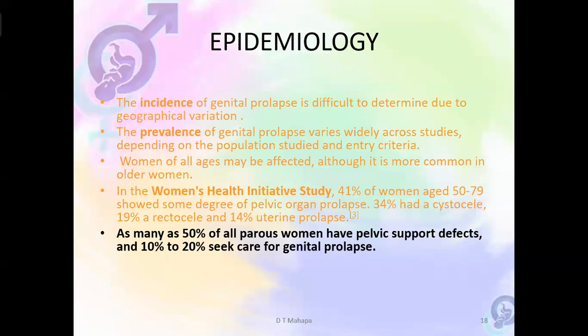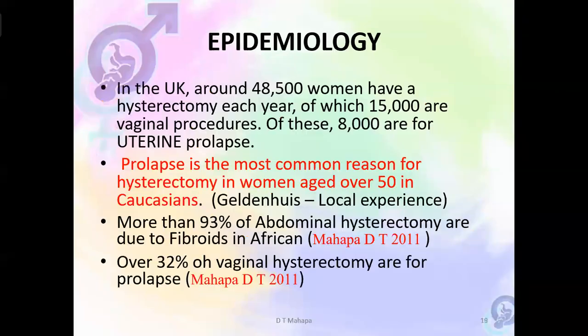But what I can say with confidence is that more than half of women who delivered vaginally will have some form of pelvic organ defect. Either they'll have a cystocele, a rectocele, a urethrocele, a uterine prolapse, or an enterocele. If they have had the uterus removed, they might just have a vault prolapse. Some form will be present if we examine half of the women who delivered vaginally.